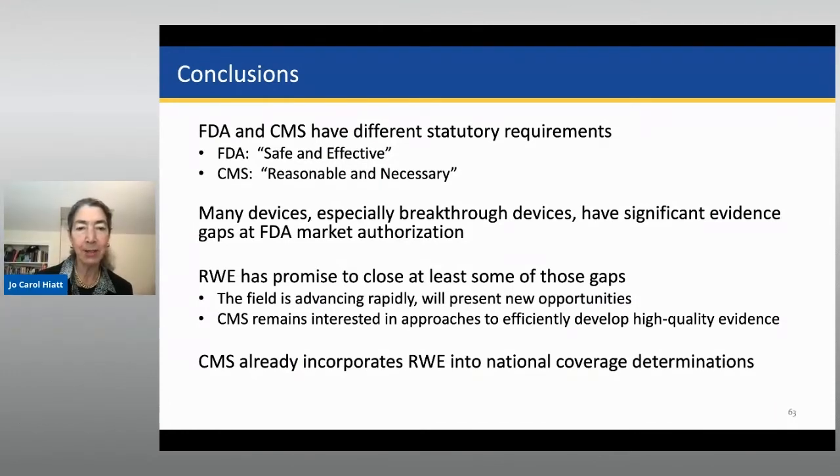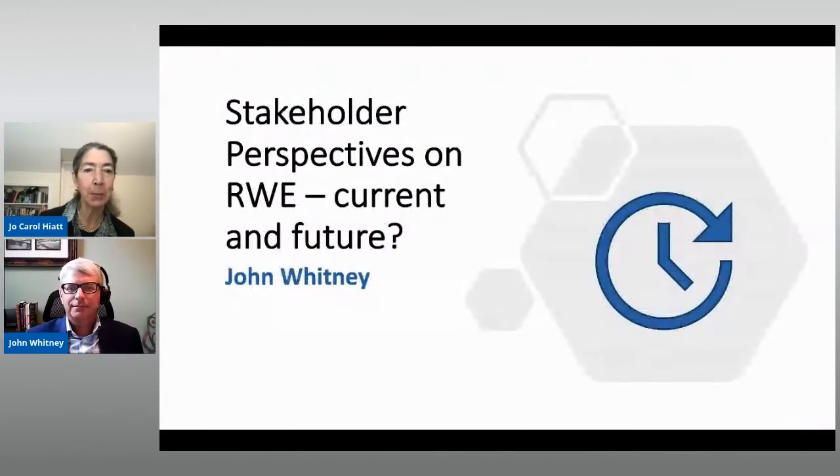That was terrific. And we have a really interesting hypothetical example that will illustrate the questions that Steve has brought up here. So CMS certainly is a significant payer in the U.S. healthcare market, but of course, many of us receive our healthcare through other health plans, and we're very happy that John Whitney was available today. John comes from Anthem and has a tremendous experience in the decisions behind how commercial plans view real-world evidence. So, John, thank you for joining us today.